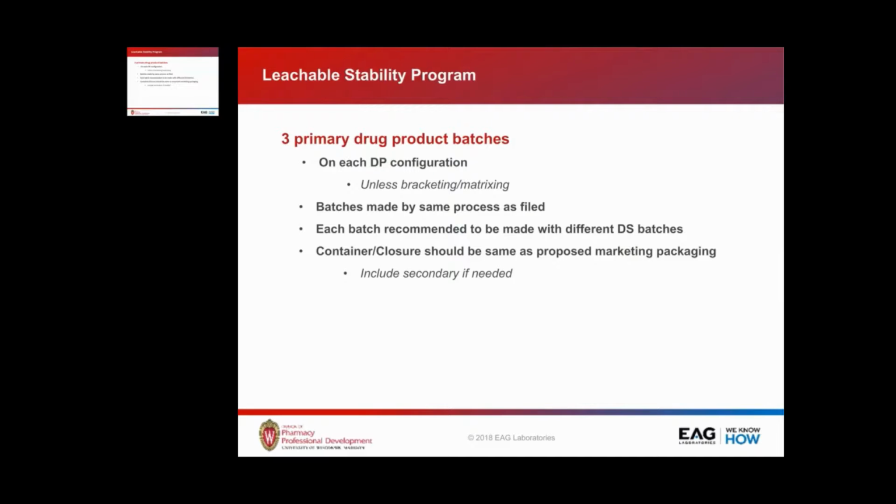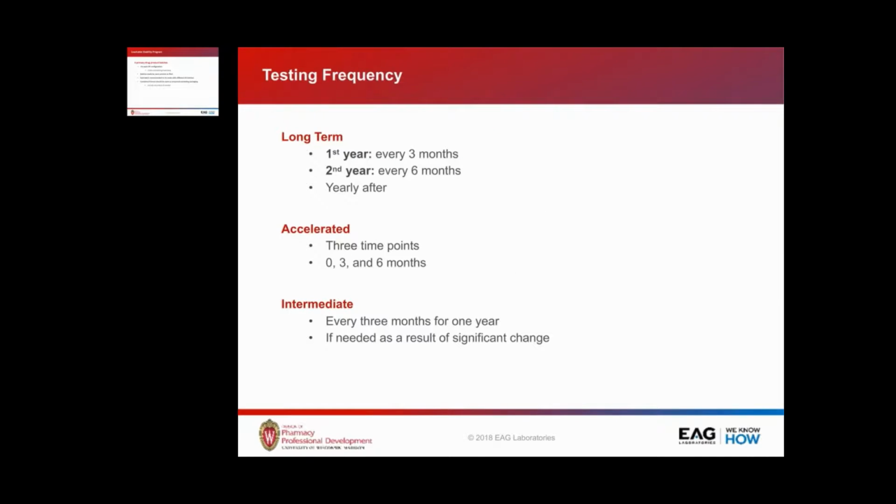So testing frequency: ICH and several of the others, from a leachable standpoint, recommend doing the same testing frequency as for impurities. First year every 3 months, second year every 6 months, and then yearly after. Accelerated 0, 3, and 6. And then intermediate, if you have an intermediate condition, every 3 months for 1 year. It is important to note that for leachables,